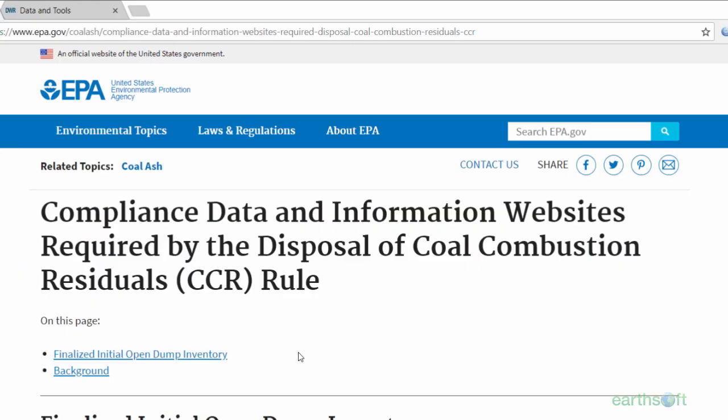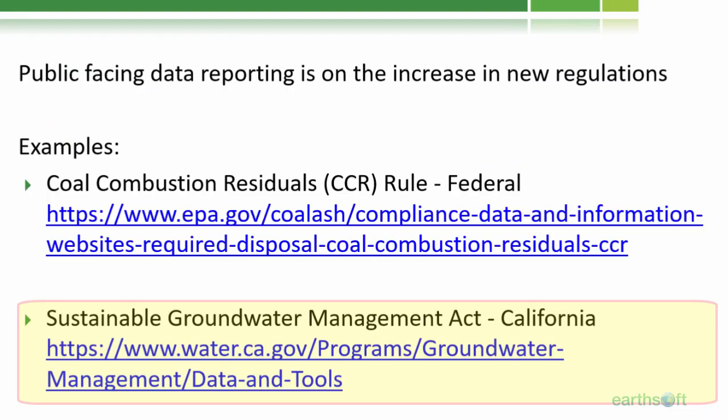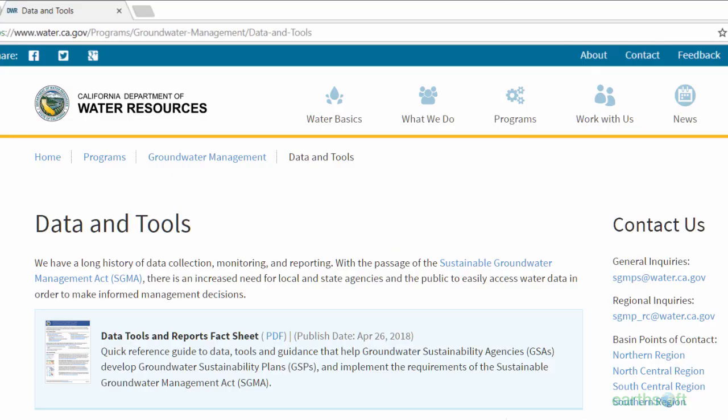Here is the website for compliance data and information websites required for the disposal of coal combustion residuals. So here's one of the new requirements for this coal combustion reporting that has a public-facing part of the regulation. Second one that I've highlighted here is the California Water Resources Group that has reporting for the Sustainable